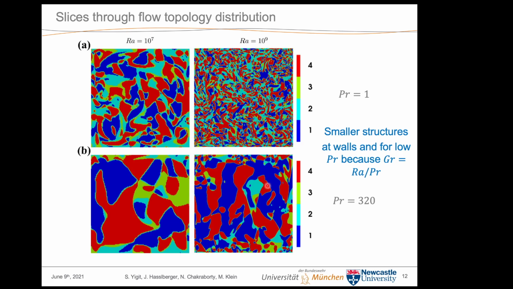But there is also another interesting observation. Please have a look at this case here. The structures close to the wall, the active walls, are clearly smaller than in the bulk flow. And this is also reflected in some of the resolution criteria from the literature. So again, if you just want to study Nusselt numbers, you might have different requirements in resolving the structures than for other kinds of analysis.